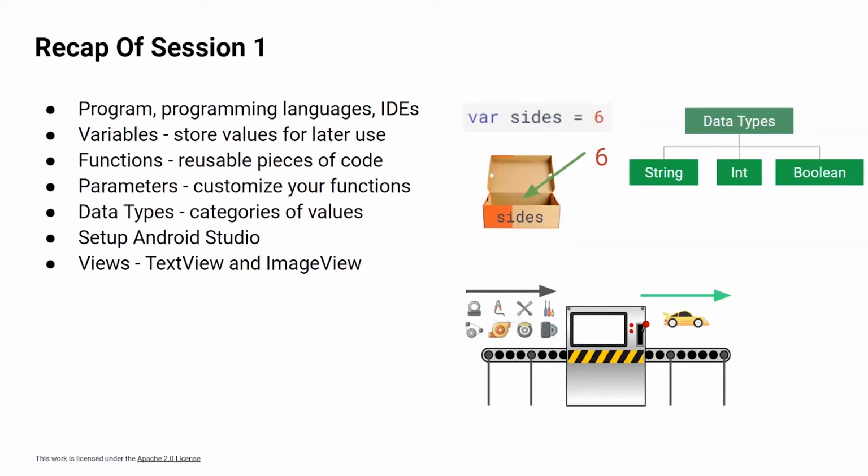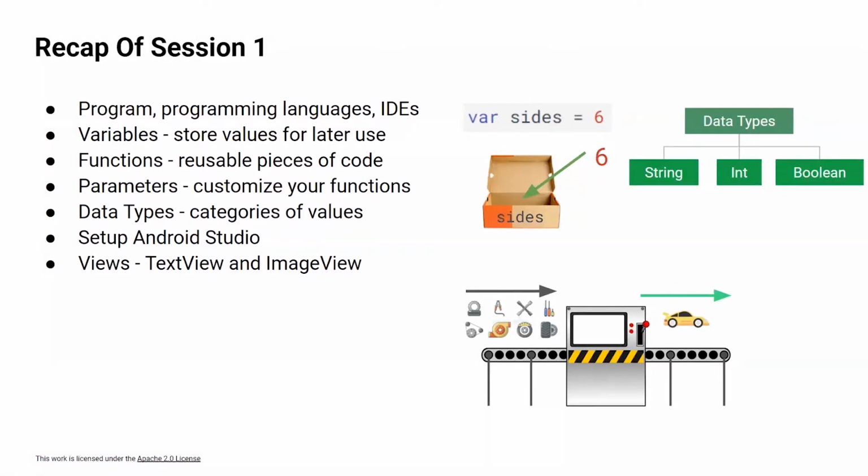Some of the other concepts that I talked about in the first 3 pathways were variables. And variables are like storage boxes for certain values that can be used later on in your program. This is basically telling the program that, hey, here's this value that I'll be using quite often in my program, and I don't want to type it out each time. So I'm giving it a name. And whenever I use this name, it means I'm using this value. Think of it like a shortcut or an alias where you're using a shorter version of something. And when your program is executed, what actually happens is that wherever the name of your variable appears, it's replaced with the value.